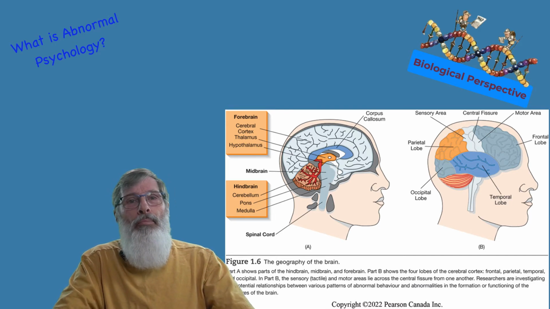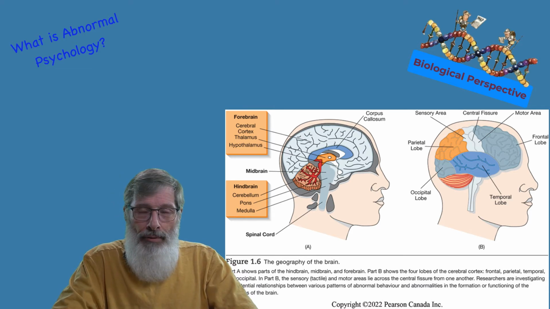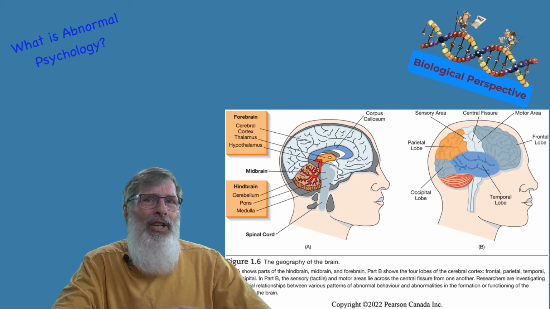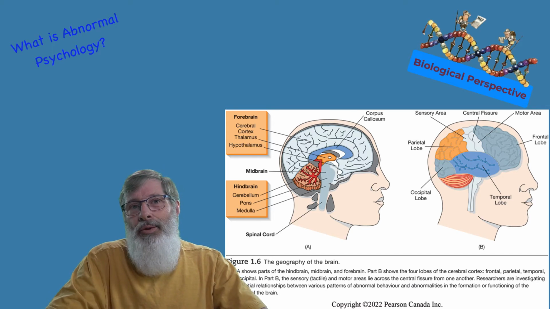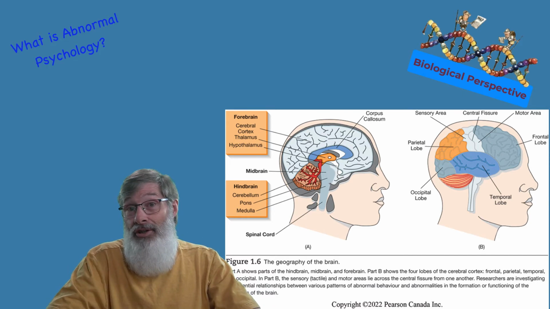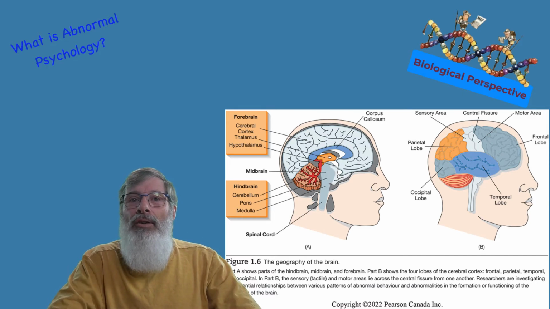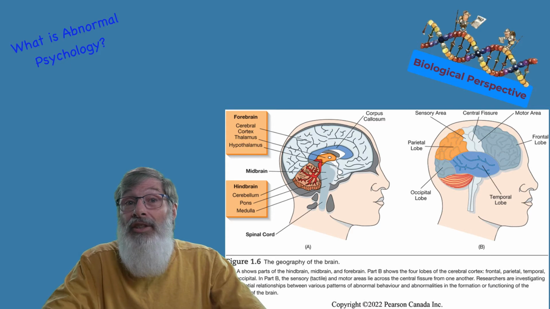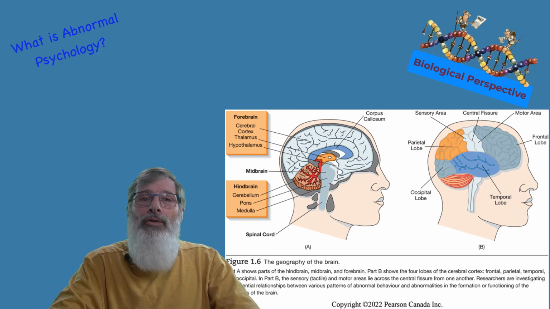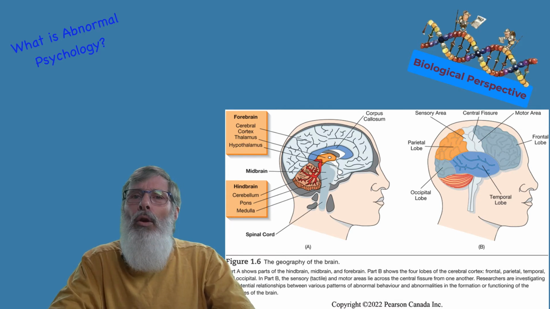The next lobe is the parietal lobe. Behind the central fissure, it contains the somatosensory cortex. This is where touch, pressure, temperature, and pain are registered, and other areas that are responsible for body awareness and spatial orientation. The third lobe is known as the temporal lobe, and it lies just below the lateral fissure and